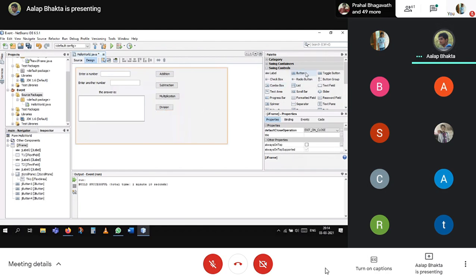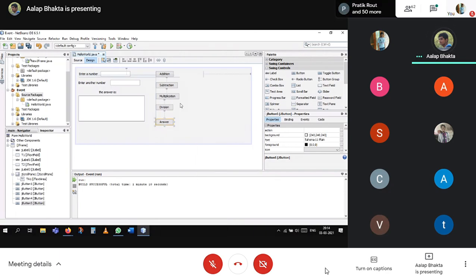Then I need an equal-to button, what is the answer? I need to display the answer, just like over here.